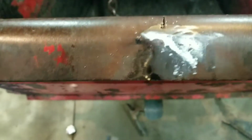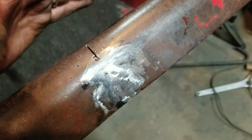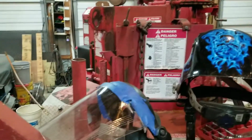So that's it for today. I'll probably just upload this. Oh, this thing here. I'm sorry about the camera, but it was all pushed in here and bowed up, so I had to cut it, straighten it all out, and then weld it back together. Anyway, far from done, but